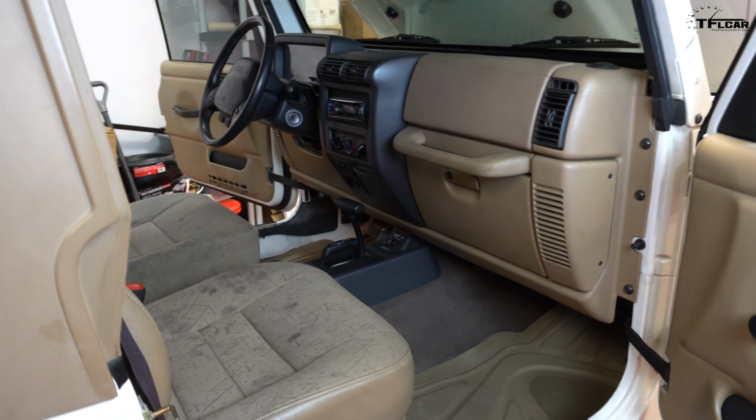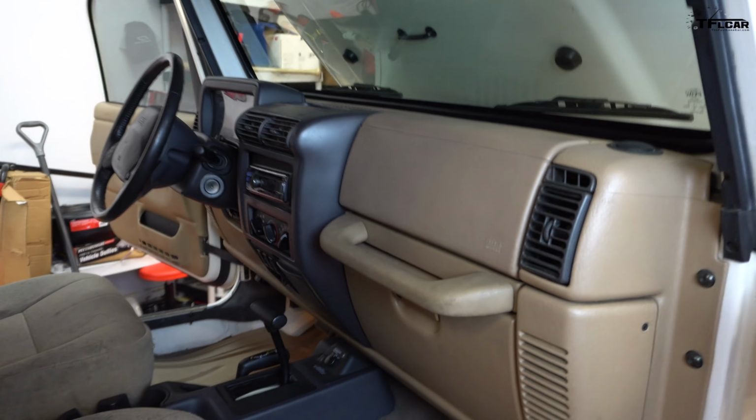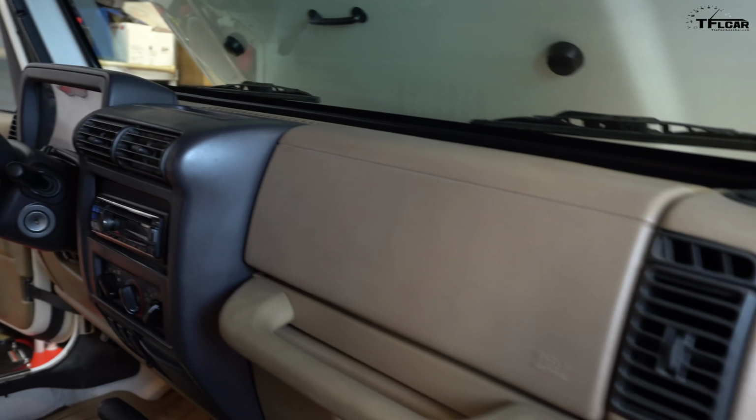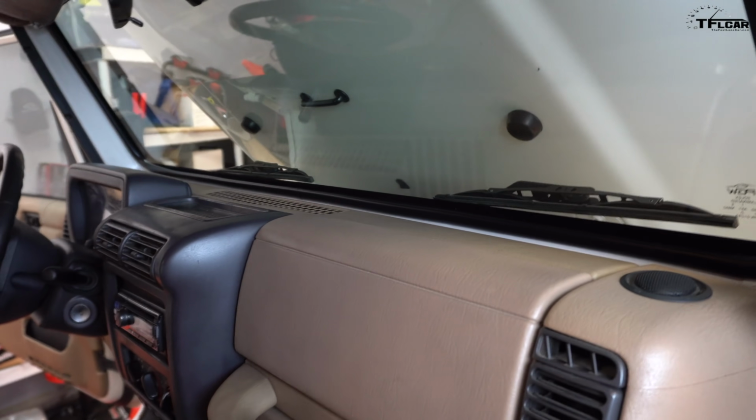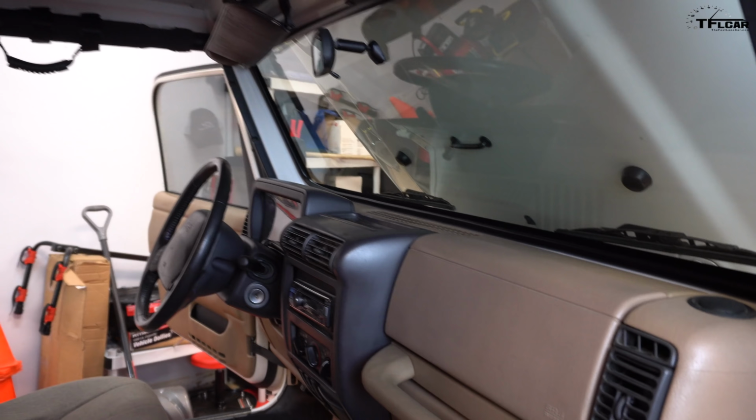All right, check it out. There is the interior of our cheap Jeep. So it's a tan interior with cloth seats, and it's in pretty good condition. The dashboard is really nice. There are really no cracks on the dashboard whatsoever, and then a good steering wheel with cruise control,